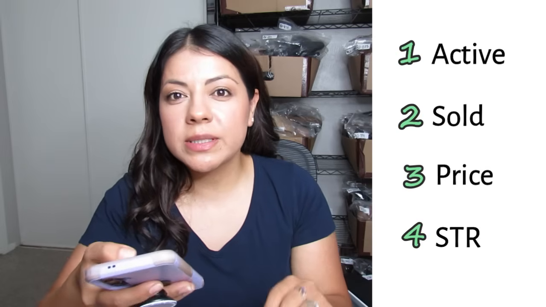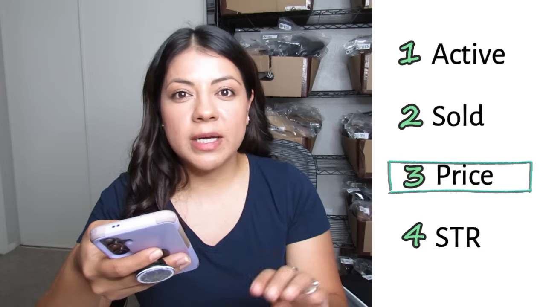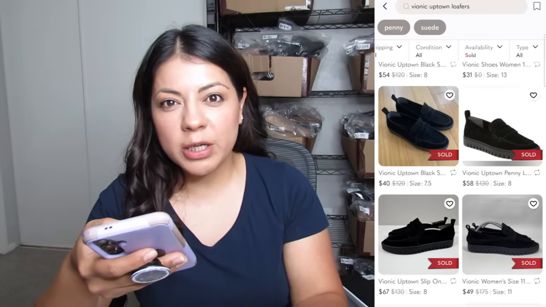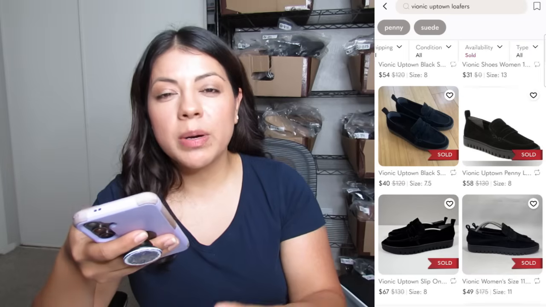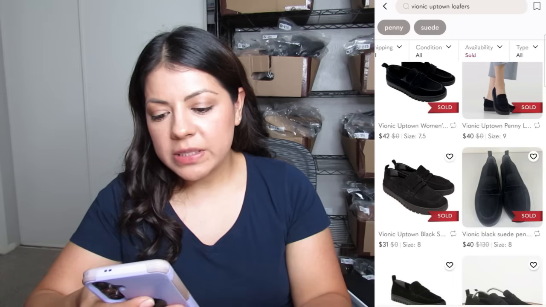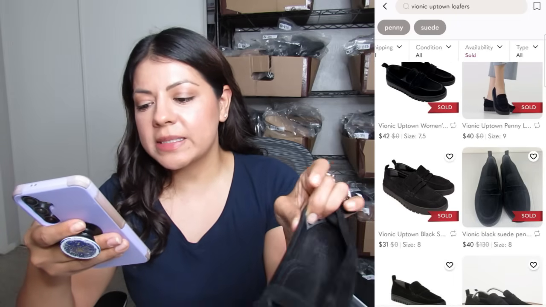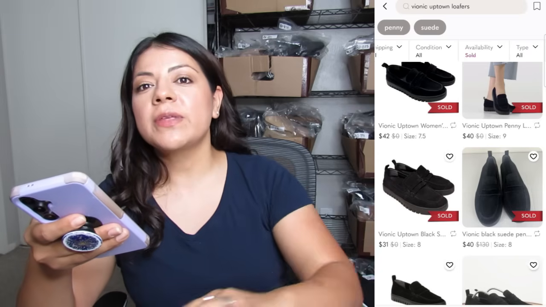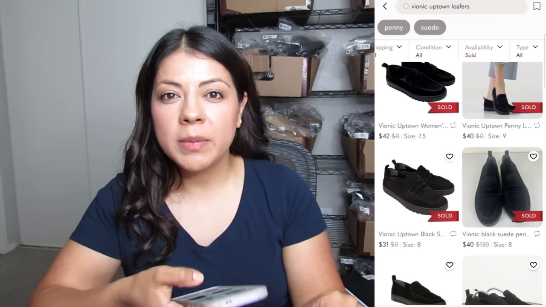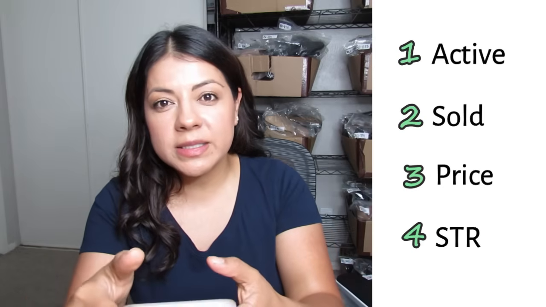The next number we're going to look at is the average selling price, and again you're going to come up with a rough estimate of the average selling price. That's what you have to do here on Poshmark, well, with all the other methods too, but more so here on Poshmark, everything is just rough estimates. But after checking out all of these sold listings for these shoes, I can see that the average selling price is about $30 to $40. If the average selling price checks out with you, depending on how much you're paying for the item and if there is going to be enough room for profit, then you can move on to checking the next number, which